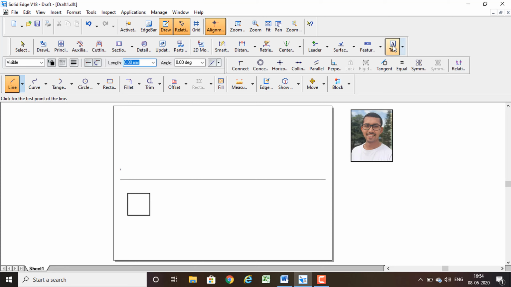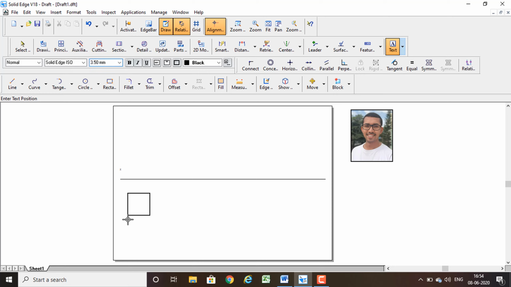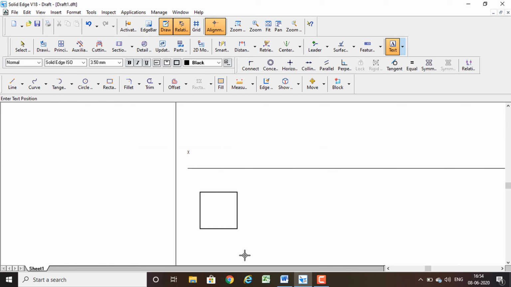Next, we have to do the texting. I will zoom this so that you can see it easily. Take the text command. A in bracket A1 represents the corner, B with B1 in bracket, C with C1 in bracket, and D with D1 in bracket.